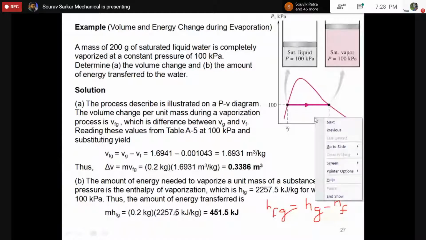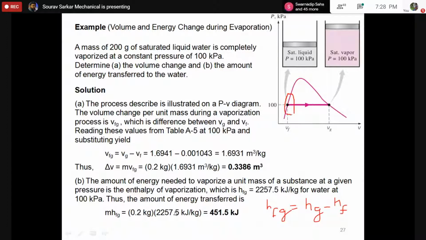Here, till now, whatever we calculated, we have only focused on what is happening on this line and this line. But we never bothered what happened inside this. So what is the property here? If you consider one part at this point, some part is saturated liquid and some part is saturated vapor. So it is nothing but a mixture. If you consider a container, in that container some part is filled with liquid and some part is filled with vapor. So how to calculate the property of these mixtures? That is the part of the next job.